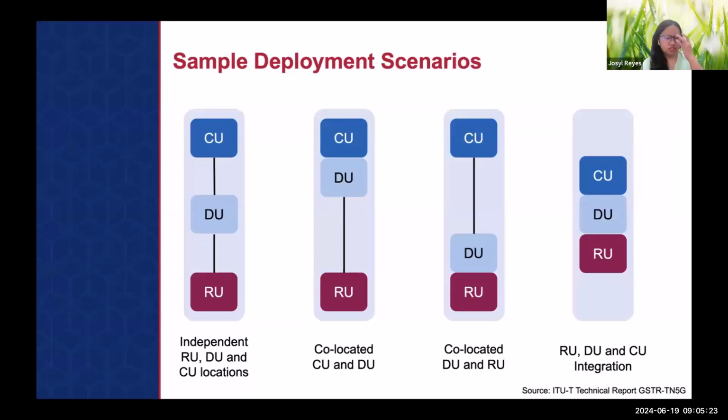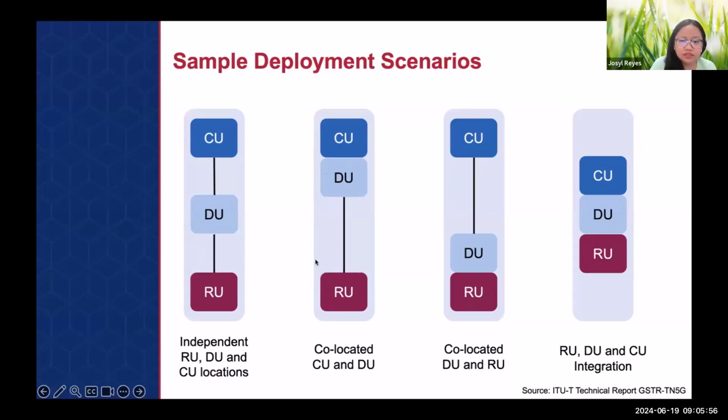In general, there will be more complicated scenarios in actual settings. Here you can see on the left, wherein all the components of the RAN are independent. They are found maybe at different locations. You have the RU, DU, and CU. You have the front-haul interface here, and then the mid-haul interface here. The CU, DU, and RU may be far apart. So it is like a dual layer split in this case.